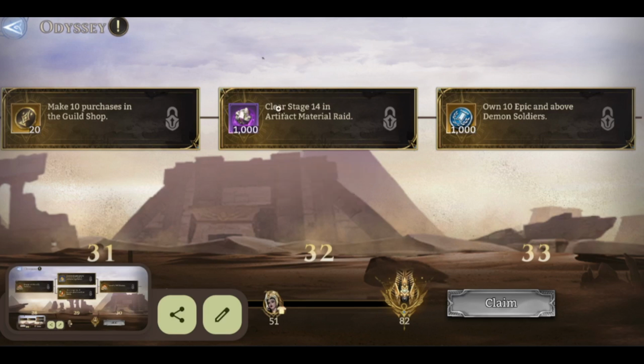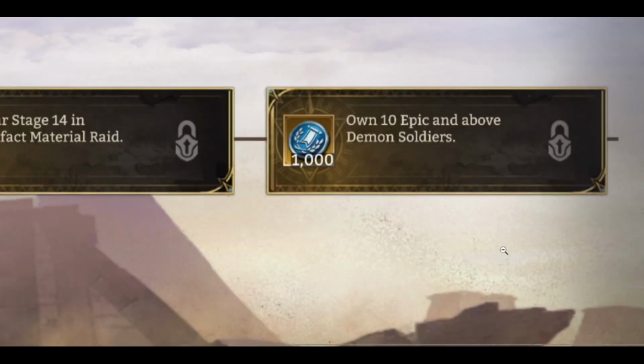And we get some clear stages things, own epic and above demon soldiers. This might seem daunting at first, and sure, it is pretty daunting. Around the same time that this drops, I assume Demon Crusade will actually drop. Demon Crusade being a PvE kind of demon soldier thing where you use demon soldiers to kind of demolish other teams, stuff like that, which